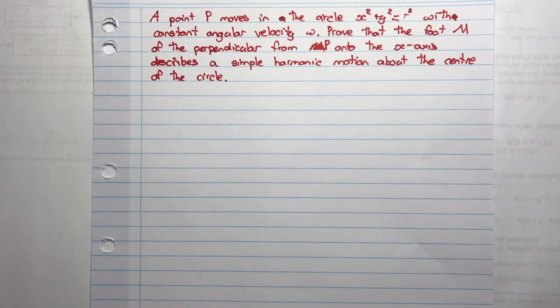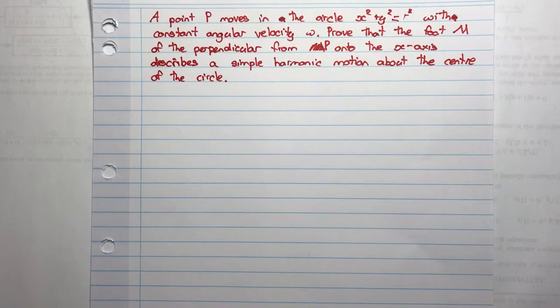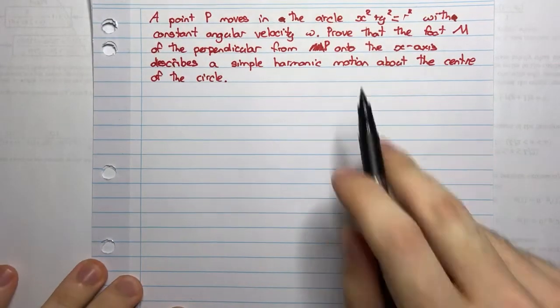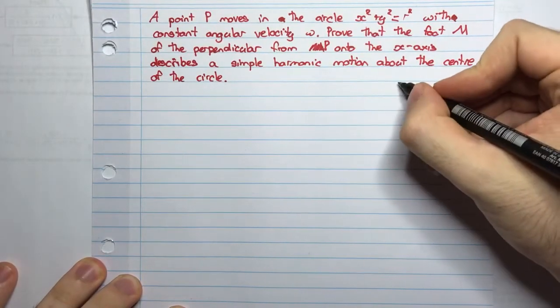A point P moves in the circle x squared plus y squared equals r squared with constant angular velocity omega. Prove that the foot M of the perpendicular from P onto the x-axis describes a simple harmonic motion about the center of the circle. Okay, so we're moving in this circle x squared plus y squared equals r squared,